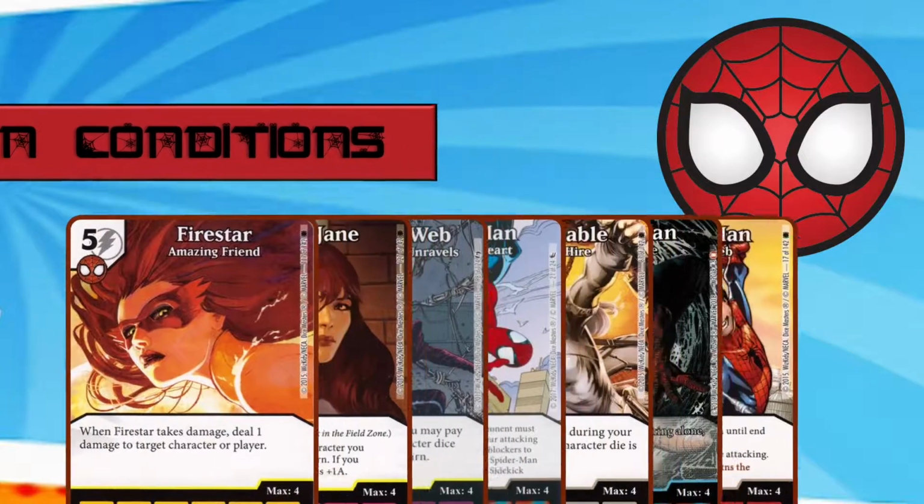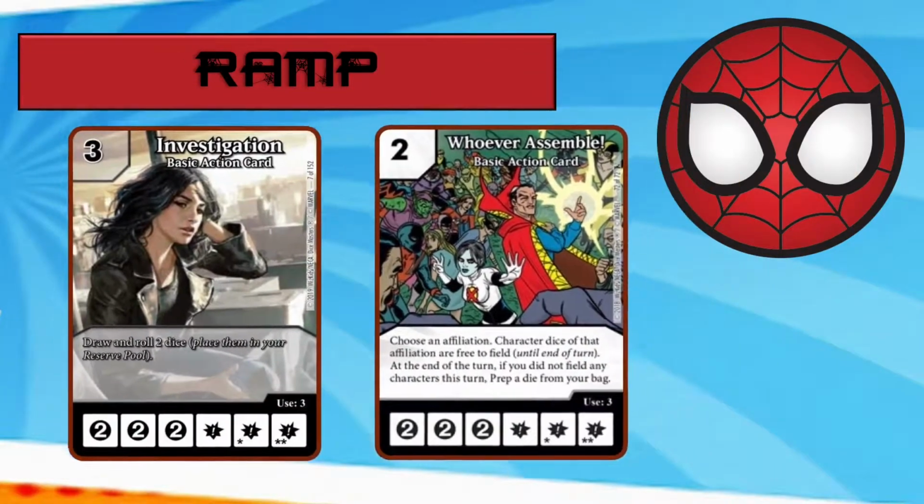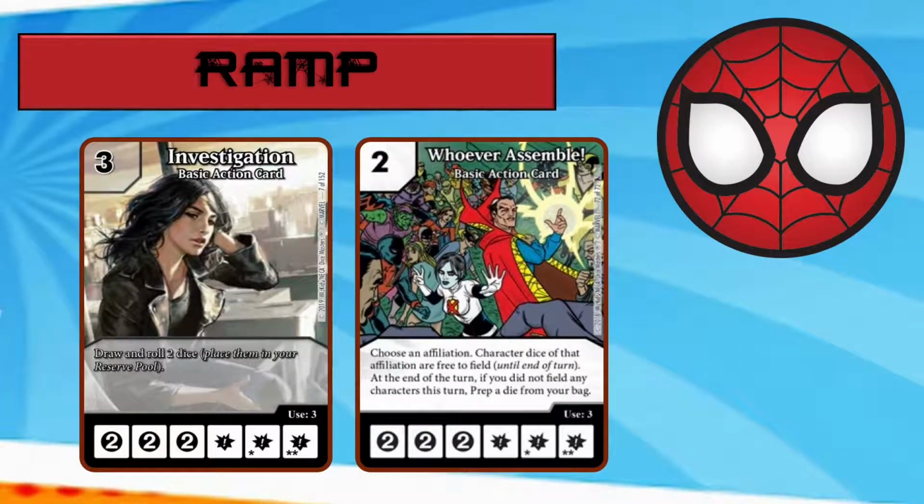Let's now talk a little bit about ramp, because this is perhaps the weakness of the Spider Friends affiliation. There is very little, in fact, it's almost non-existent. There's a Gwen Stacy, I think, that helps you out with fielding costs, but she's expensive in her own right in terms of fielding costs. So when it comes to ramp, your Spider Friends affiliation is going to have to rely very heavily on basic action ramp. There's not a lot of options in the card pool to support the team in terms of your